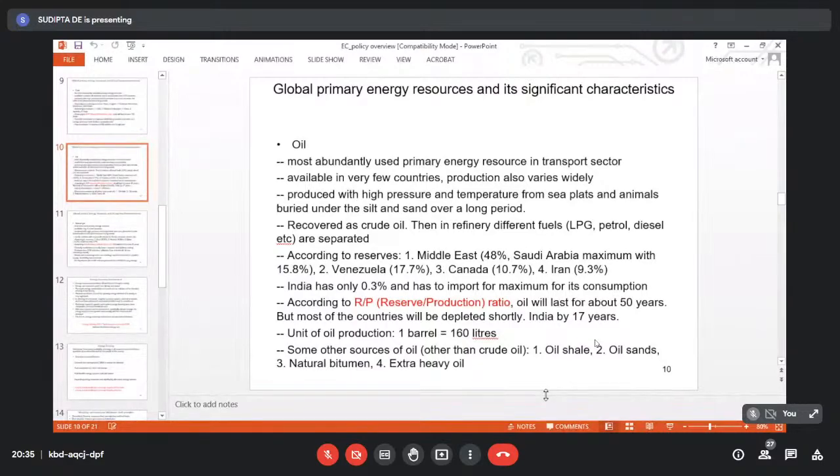E-mobility is a very high priority in India now, and that's why in Kolkata, at least, many of us have seen that many of the buses have been converted into battery driven buses, or e-buses, whatever you call them. There is no other option. At least they don't add to the local pollution, the emission coming from oil based vehicles, because these are apparently clean in a city. But though it is not contributing to local pollution, it is contributing to global pollution in the form of CO2 emission, because that electricity is coming from coal based power plants.